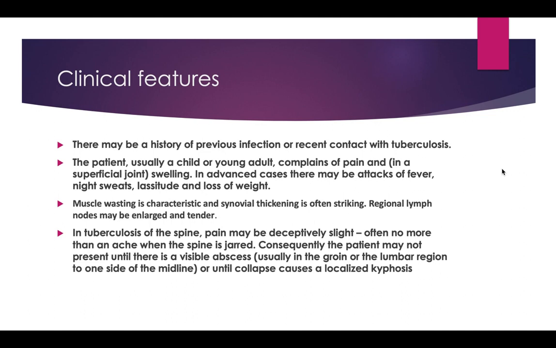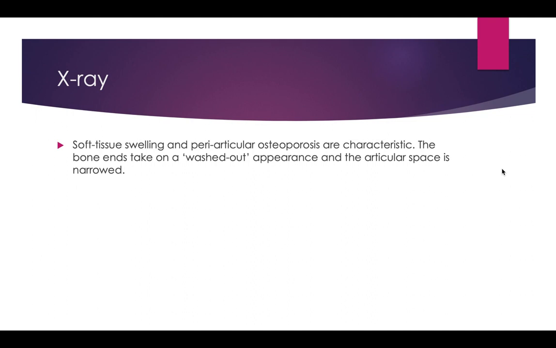Or sometimes till collapse and localized kyphosis may be noted. On X-ray, as I told you, narrowing of the joint space, washed out appearance of the periarticular bone due to characteristic